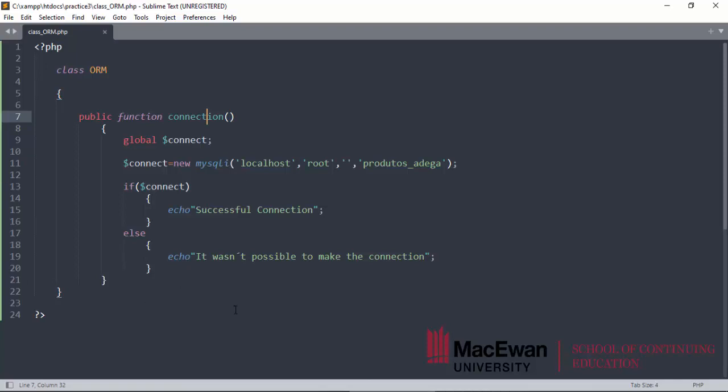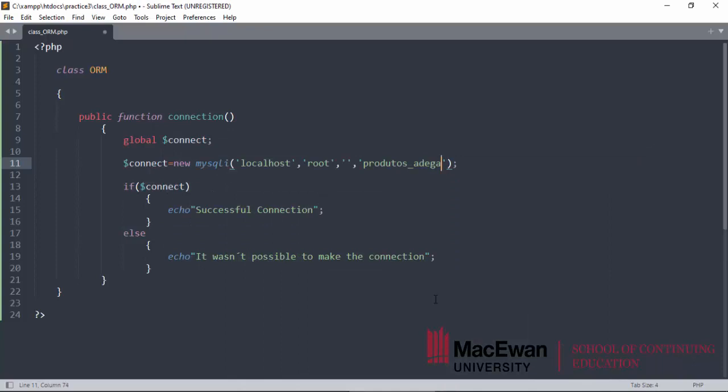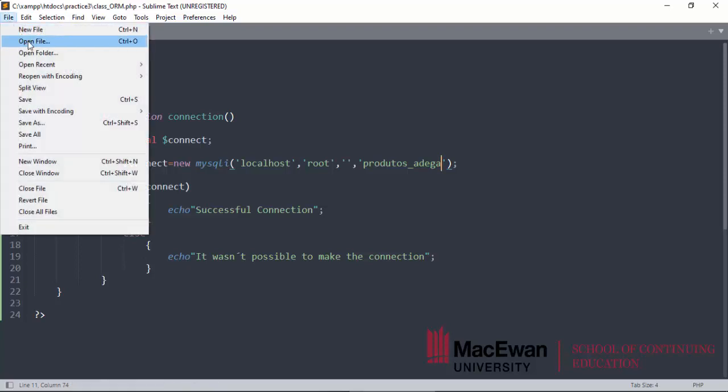But what happens if I try to enforce an error? I'm going to change the name of the database. Nothing is going to happen. Oh, David, but why? Just because this is a class. But how can I catch errors? Well, that's what we're going to do